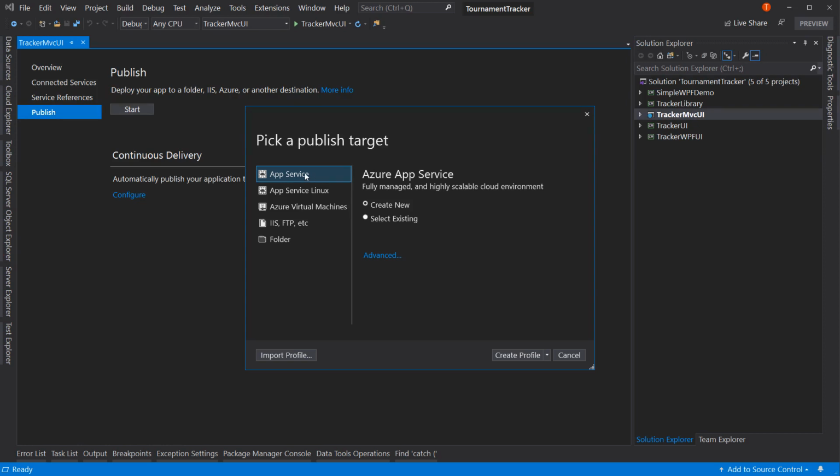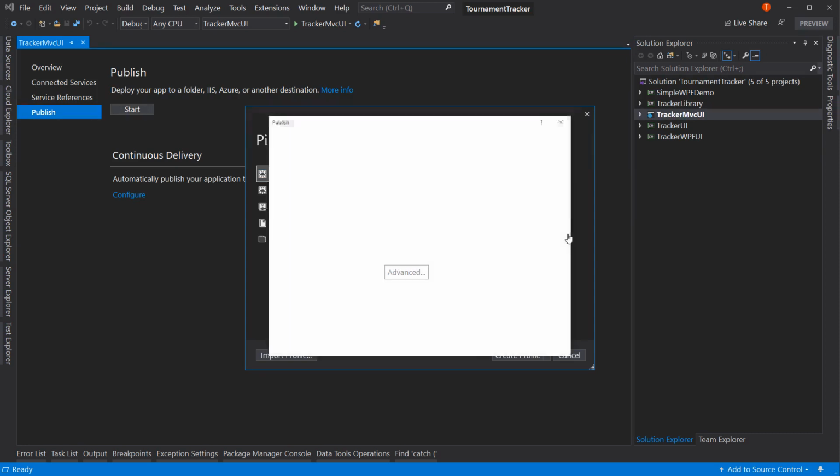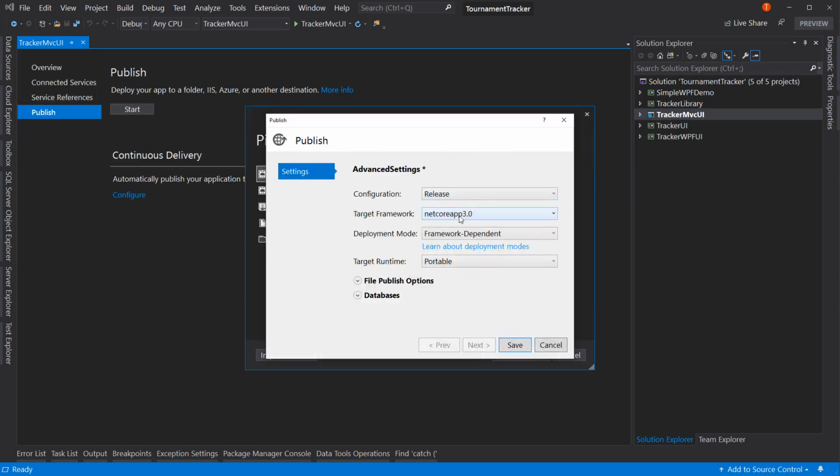All right, so Azure App Service, I want to create a new app service. And let's hit Advanced just to see the different options. And there's one option we're going to change, and that is this framework dependent. I'm going to do self-contained. And here is why. Because Azure Web Apps currently does not support .NET Core 3.0, which actually is perfect because